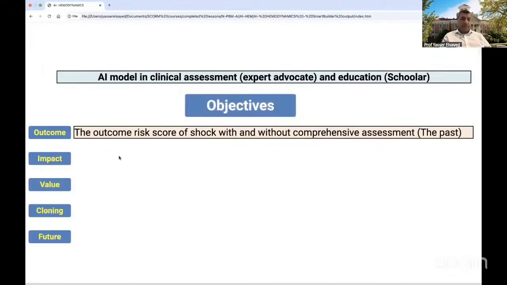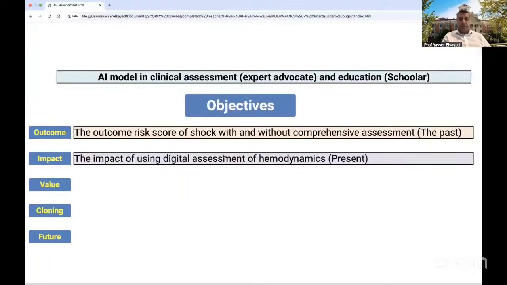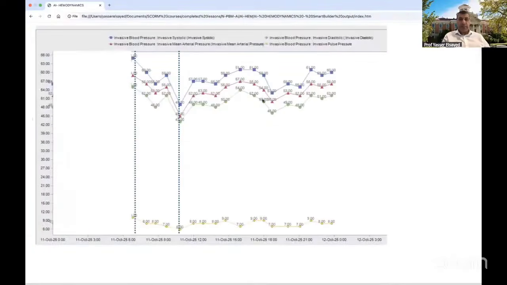So let us talk about the impact of using digital assessment of hemodynamics. We try to make your life easier. Instead of just calculating all of these parameters yourself, we created a calculator. And this calculator, again, was based on delta vital sign. So as you can see here, these data are from our electronic patient record. That's from one of our patients, and the electronic patient record can create this over-time assessment of the